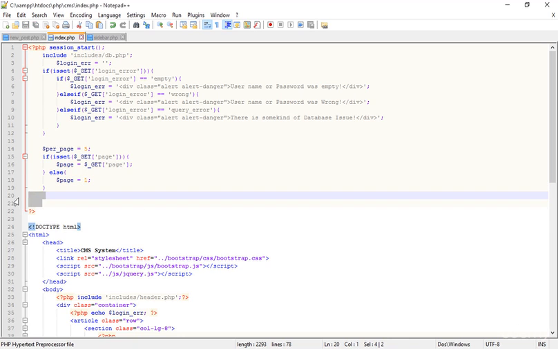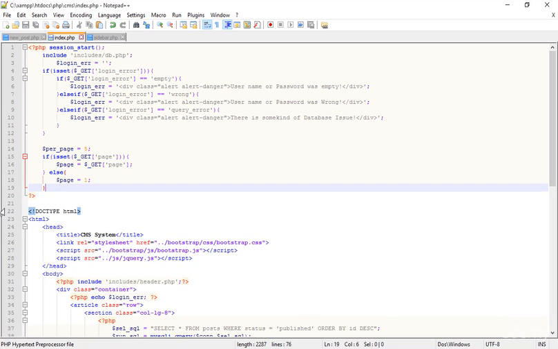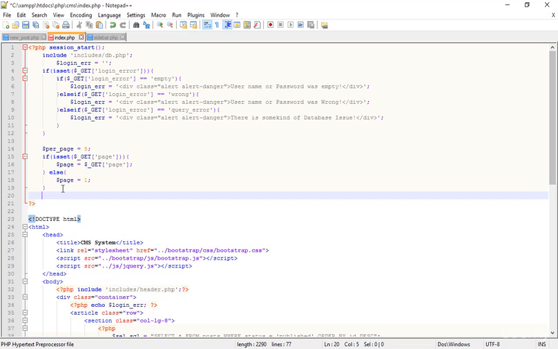For example, I just selected page number 3, then the value of page is 3. But if I didn't select any page, then the value of page is 1. It means the default view is page number 1. After that, go out from this else and create a new variable, start from, and add an